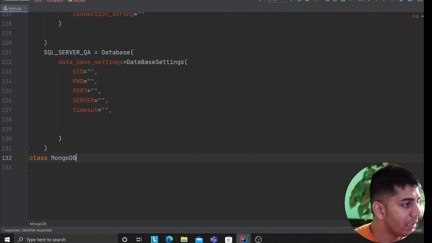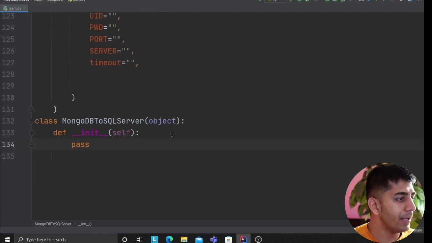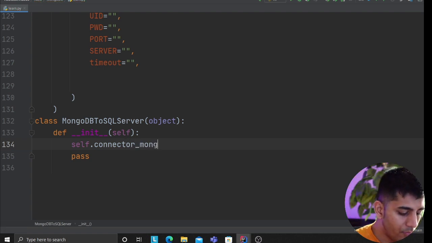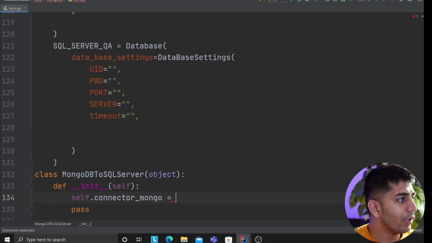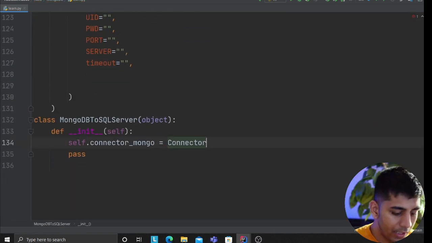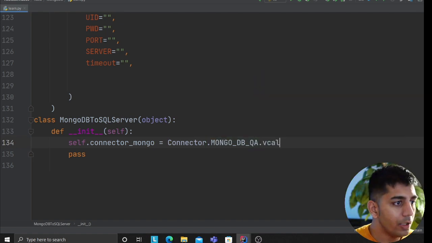Take a look at this. So MongoDB to SQL. Now you write a class, okay, and you say object. Now take a look at how beautifully you can write migration scripts like a pro with this design pattern, right? So now you can use the word connector. I like to use the word connector, and take a look at this. So now you can say connector dot, and remember you want the MongoDB instance dot value.